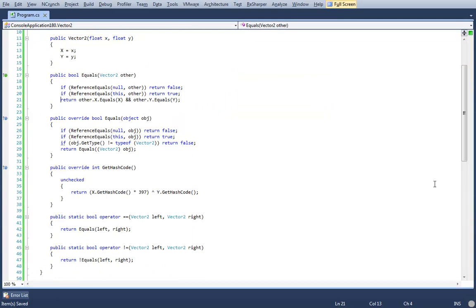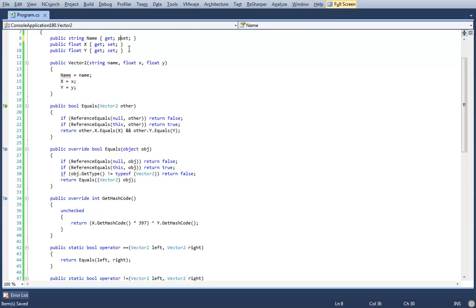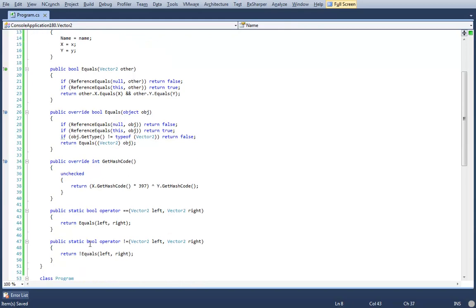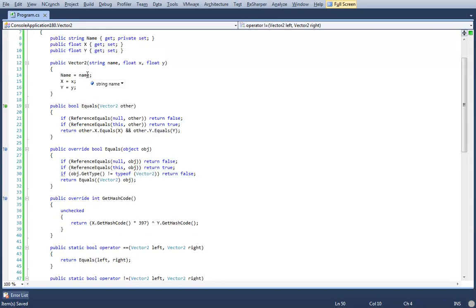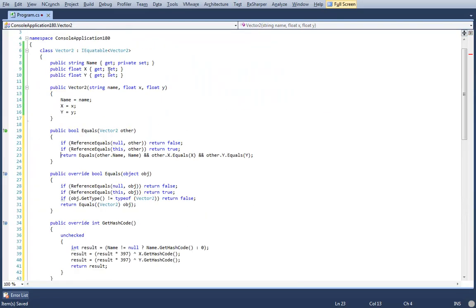I'm just trying to think, if, for example, your vector2 class also had a name property, you might want to get rid of the equality operators before doing this. Right. If it had a name, whenever I add a property to something I have equality members for, I just nuke them out. Alt Insert E space enter.